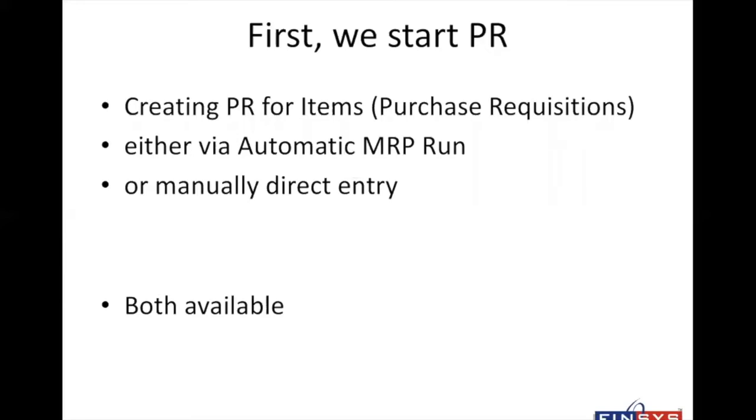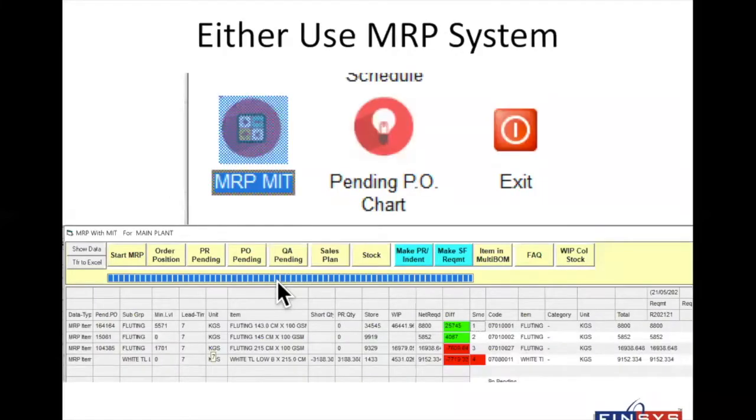So first of all, let us create a purchase requisition. The purchase requisition can be made either automatically by the system using the MRP. Please note down, MRP is material requirement planning. System should tell you what you should buy. System can do it. There are companies which do it. So if you are not doing it, make your bill of material properly, make your sales plan properly, have your stock properly, and you can run your MRP.